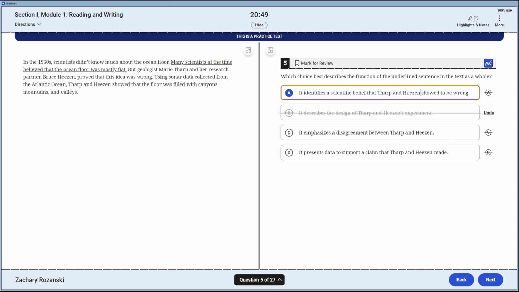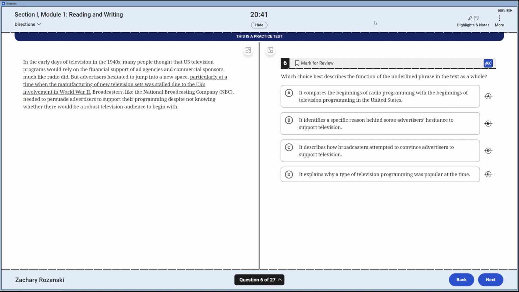So I think that it's A, but I'm just going to read to see if these are disagreeing people or same people who might be the many scientists. We've got contrast, these people working together. These fall, A wins. Describe the underlined phrase in the text as a whole: particularly at a time when manufacturing